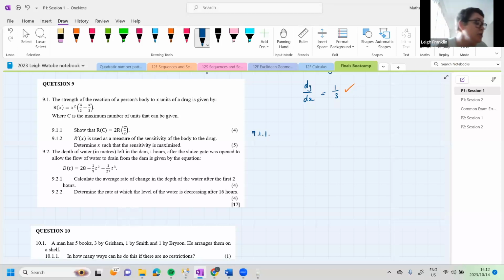Okay, so question 9.1.1 is a more difficult sort of question. What they want us to do here is first of all show that R of C is equal to 2RC over 2. Given that the reaction strength of a person's body to X units of a drug is given by this particular formula, where C is the maximum number of units that can be given. Okay, so in 9.1.1,